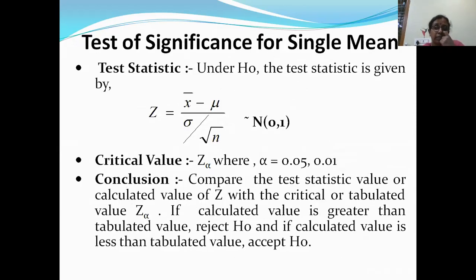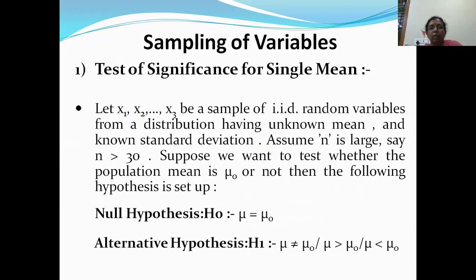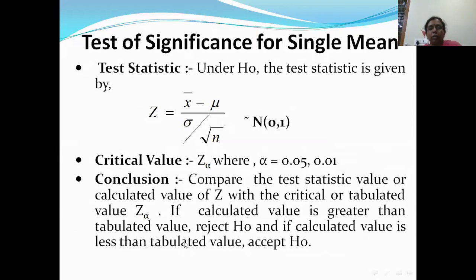Next step will be the test statistic. In the testing of significance, in hypothesis testing, I have given you the procedure. What are the steps we have to follow? You will have 5 steps, and those are what we are discussing here. One is whatever values are given to you, then you have the null hypothesis, then the alternative hypothesis, then the test statistic, then the conclusion. So once we have defined the null and alternative hypotheses, you have to write the test statistic.